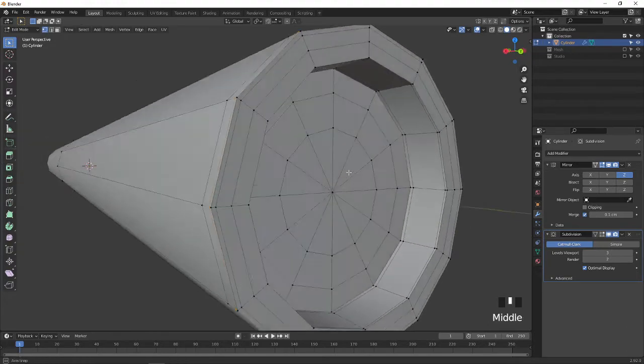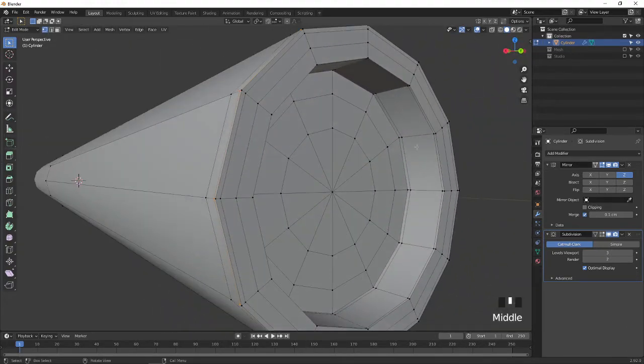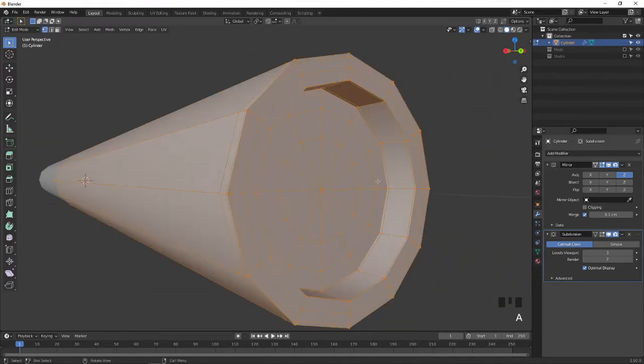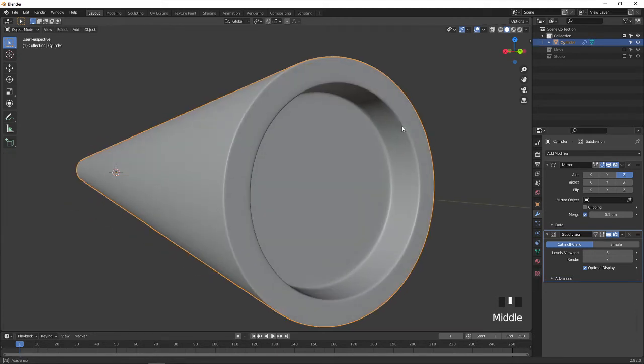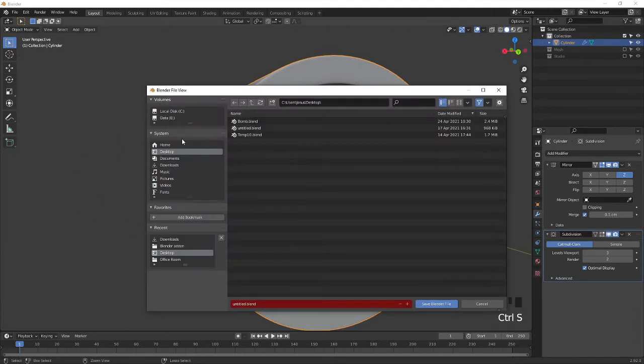Now you can see it's looking dark in some places, which is not clear. Press A to select all, press Ctrl Shift N and select outside. So now everything is normally outside, which is good and required for us. So I make it as a BOM tutorial. This is the BOM design, which is for game modeling. It's not for the real one. Don't anybody mistake this. Fine.